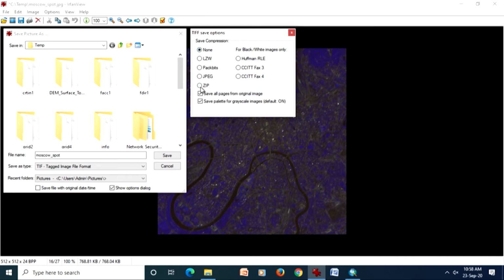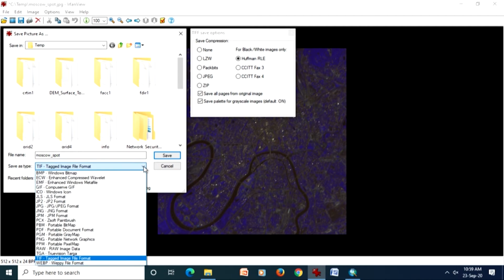And this GIF is also available, but as you know, how the GIF does its compression, we don't know those details, but the remaining ones like JPEG, LZW or RLE, we know all those details, and we have already discussed that part. So this tool, IrfanView, allows us to convert from one file format to another. Also, depending on the type of file, it will allow you compression.